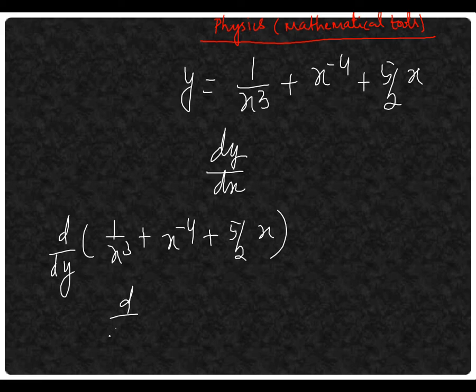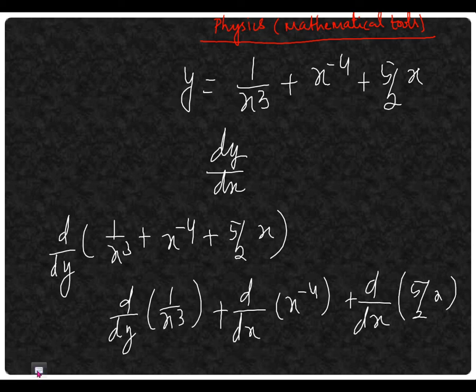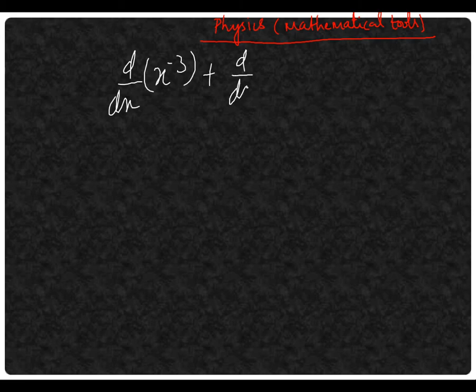We can separate each and every term: dy by dx of 1 upon x to the power 3, plus dy by dx of x to the power minus 4, plus dy by dx of 5 by 2x. Now differentiate 1 upon x cube. So what is the differentiation of 1 upon x cube? We can write it as